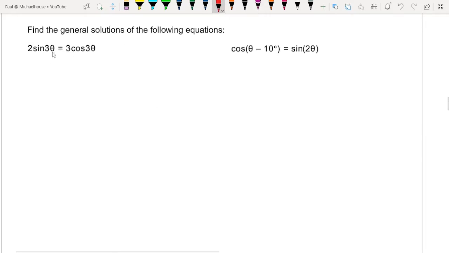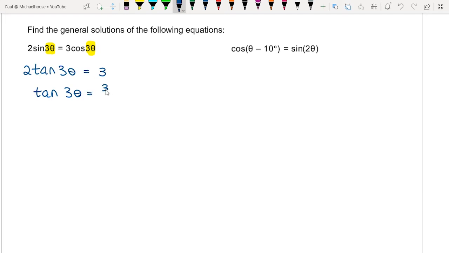Right, let's take a look at these two. This first one is very different to the second one. The big difference between these two equations is that this one has the same angle. Because it has the same angle, we can use our tan trick. So this one, we're going to divide both sides by cos theta. So we're going to get 2 tan 3 theta equals 3. So tan 3 theta